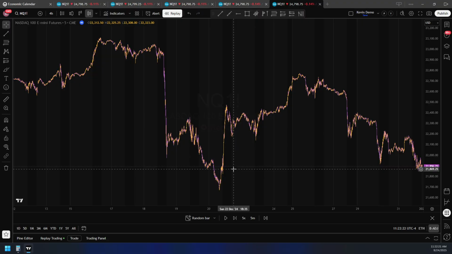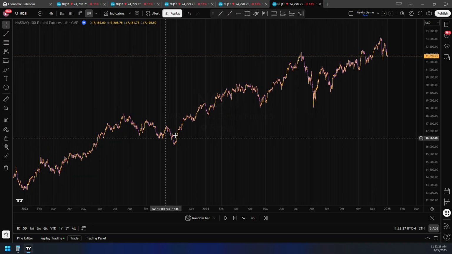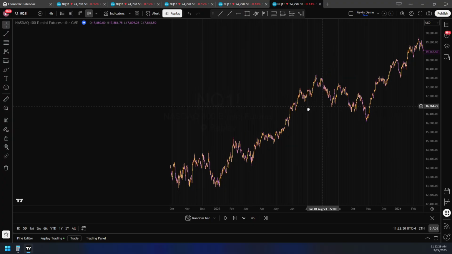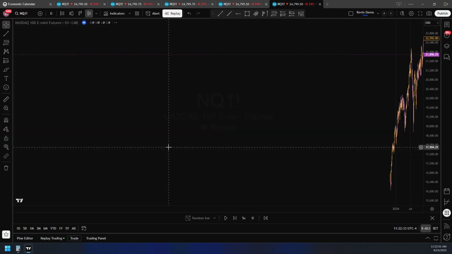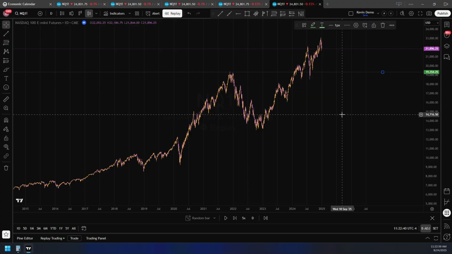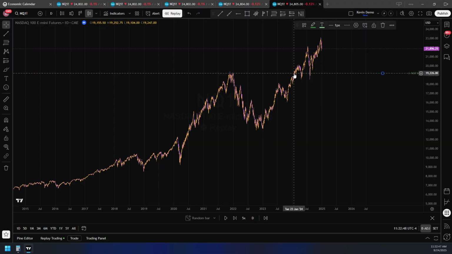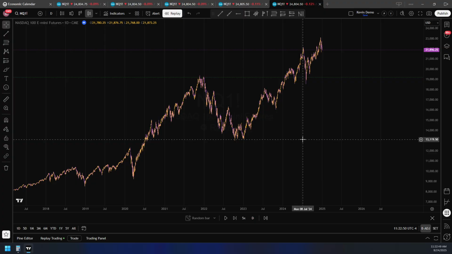Let's look on a 4-hour time frame. Let's kind of get our larger picture here. Okay. We got ourselves an uptrend. Let's go back to a 1 day. All right. So we've got a retest right there. Now this right here is about the time when you break past the distribution phase. So what I would do here is